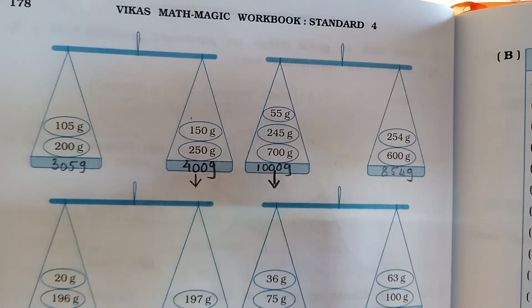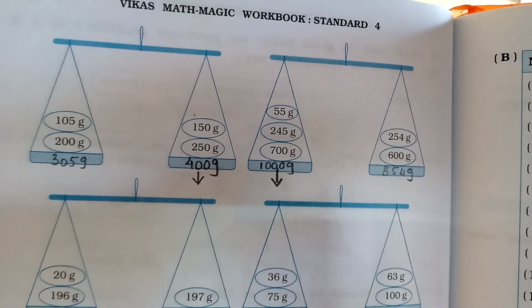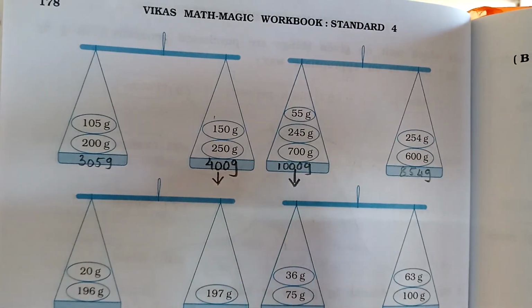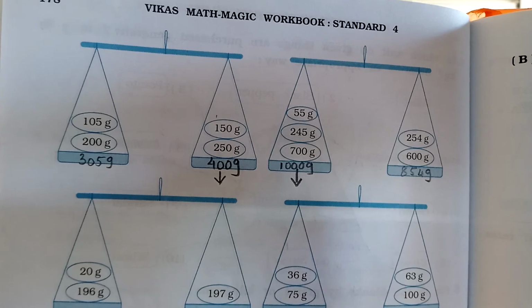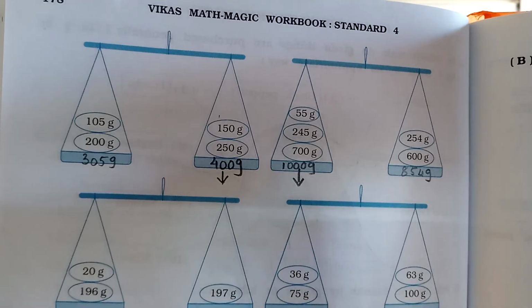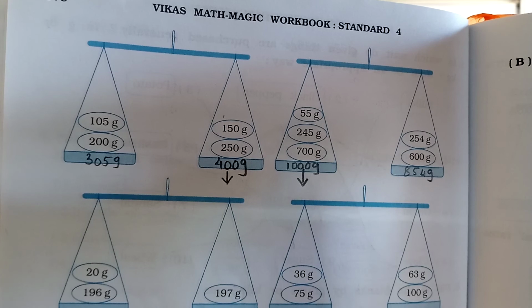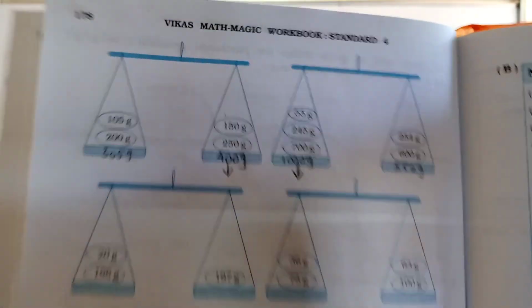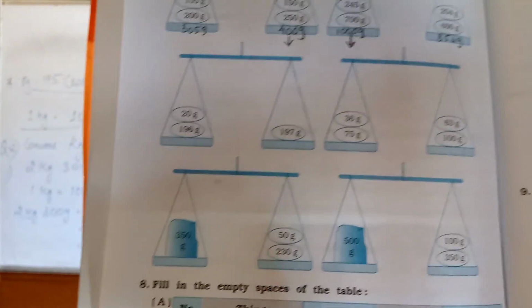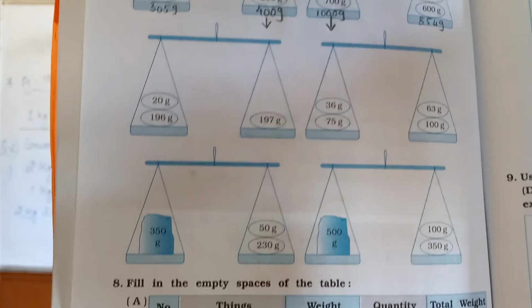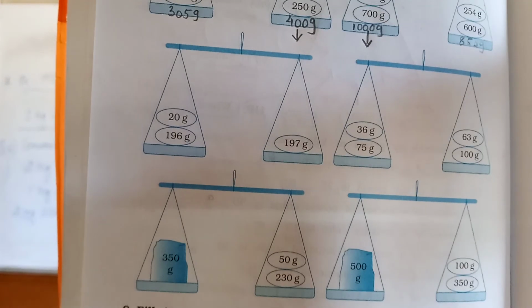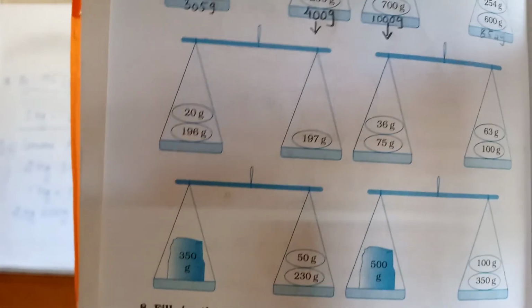In the fourth one, here you can see, compare this weight. So here first one pan will go down. You have to add, the units given in grams, add them all and write the total amount. Then you compare it, then put the arrow. This way you have to solve these last 4 and then put the arrow for which will go down. Next we'll see in the next questions, we'll see in the next video. Thank you.